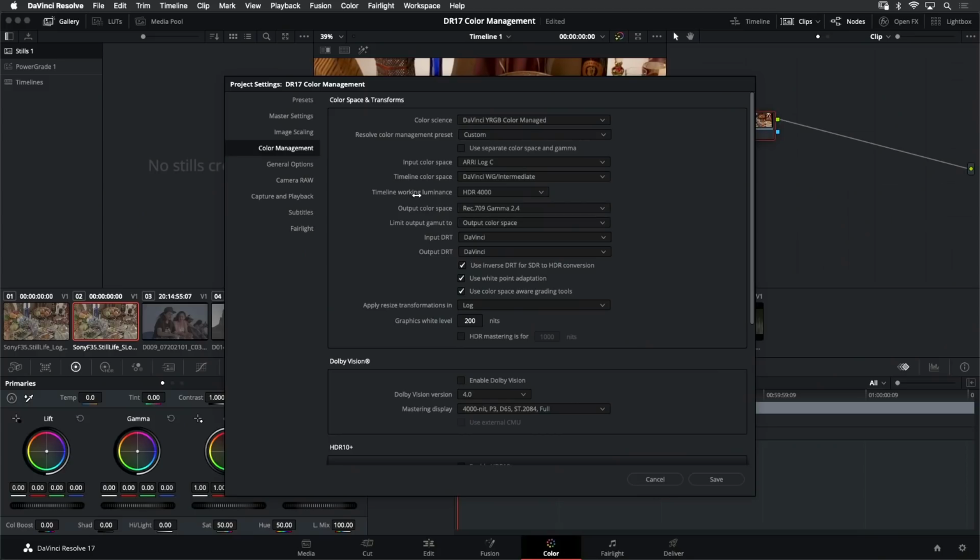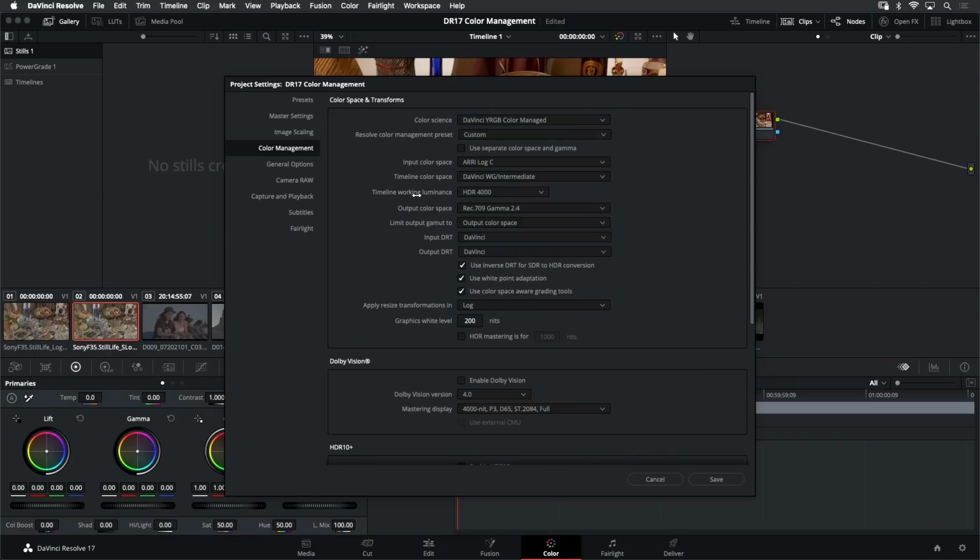Timeline working luminance is also another more advanced aspect of color management, which is essentially allowing us to control the peak luminance of our image as it moves from its high dynamic range acquisition state and into its lower dynamic range reproduction state. Again, I would encourage you to leave this at its default value of HDR 4000 unless you're more experienced and you are seeking to get a different visual result.